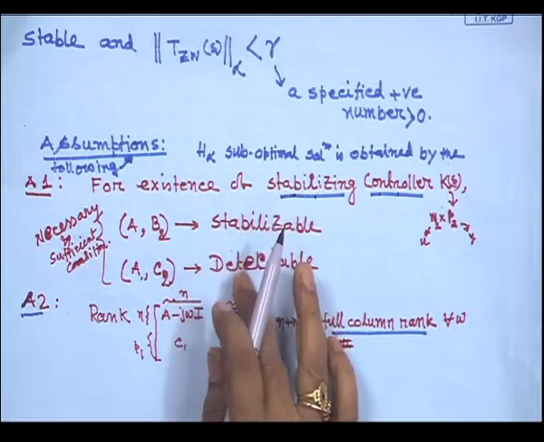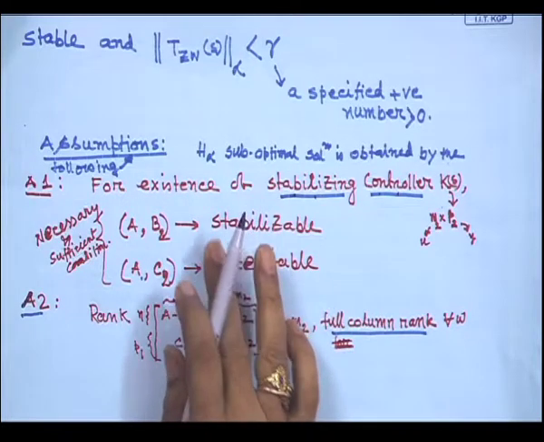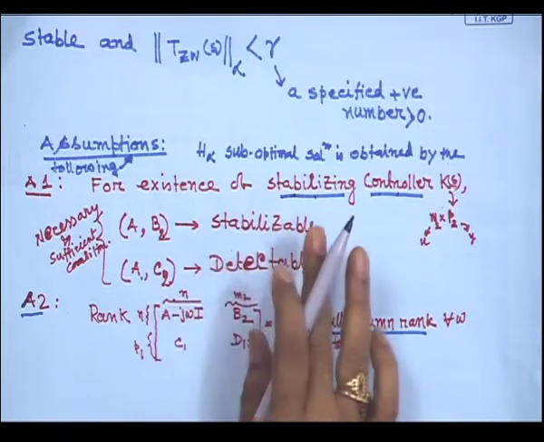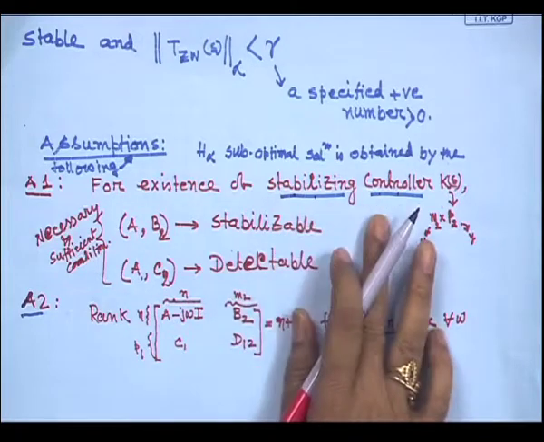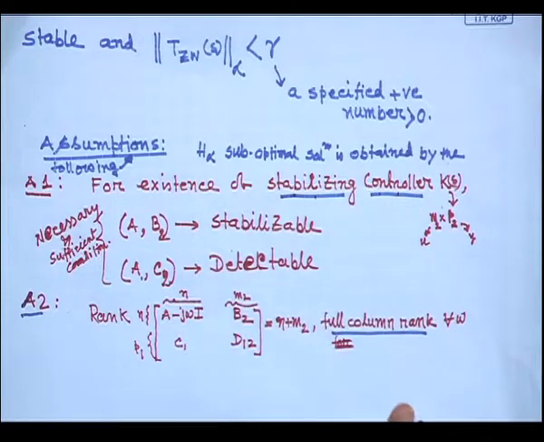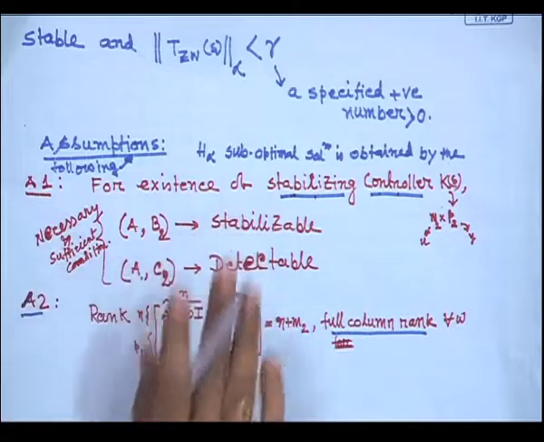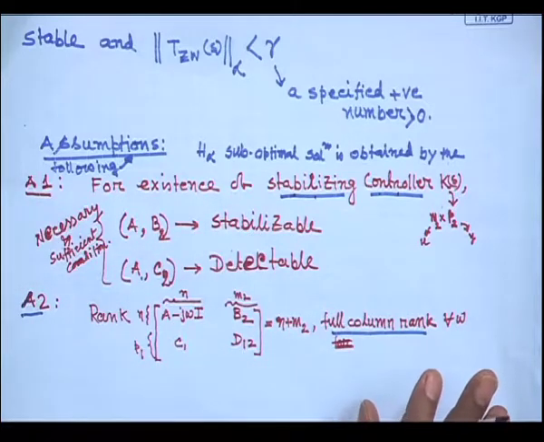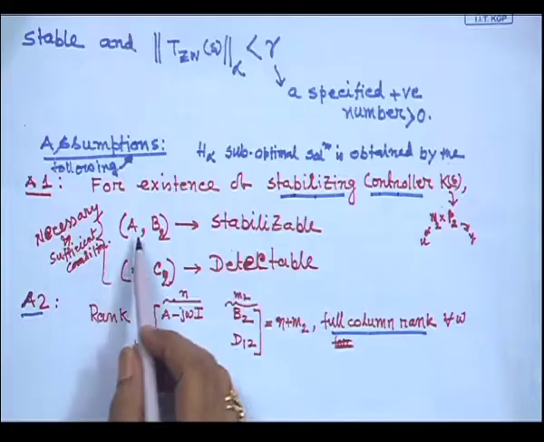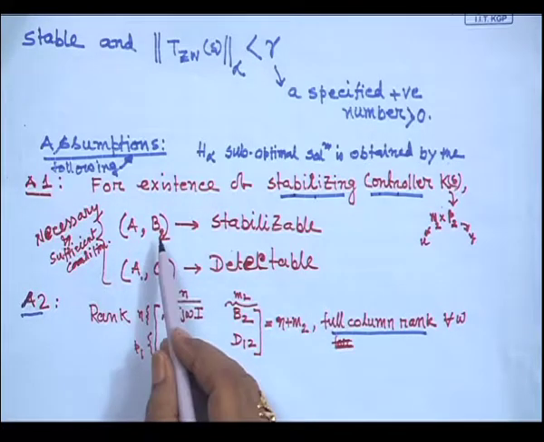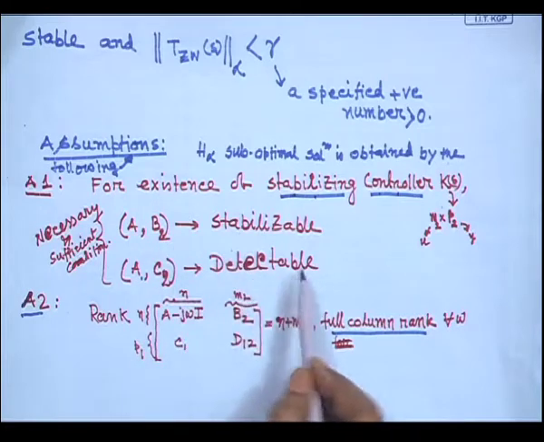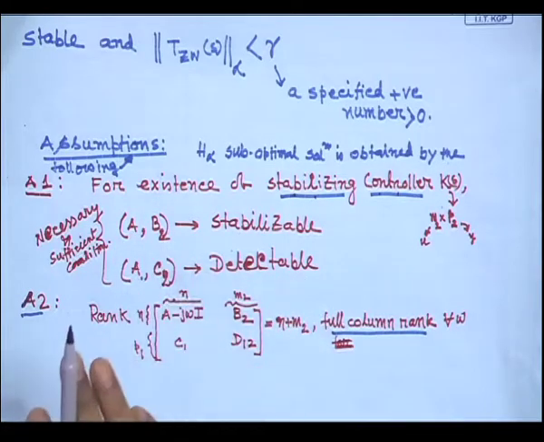These two conditions are necessary and sufficient for the existence of a stabilizing controller. So, before we apply the H infinity suboptimal control solution, we have to check whether the system is stabilizable and detectable. Next assumption